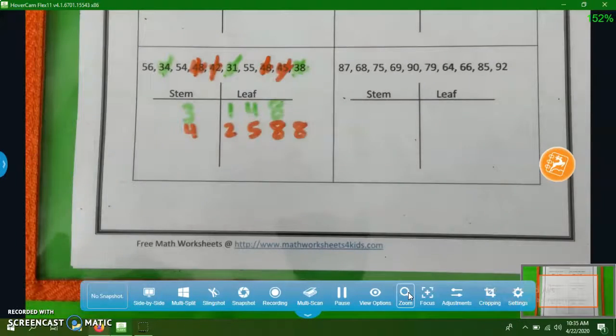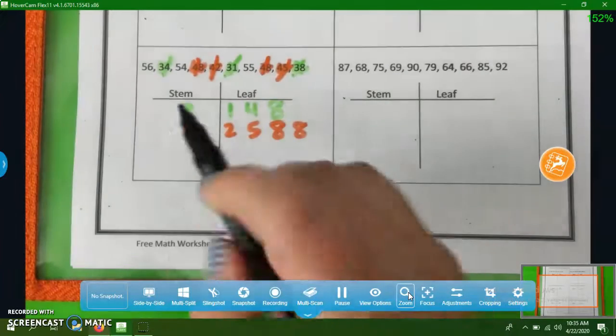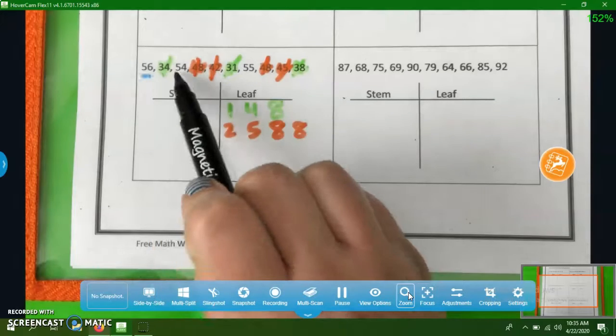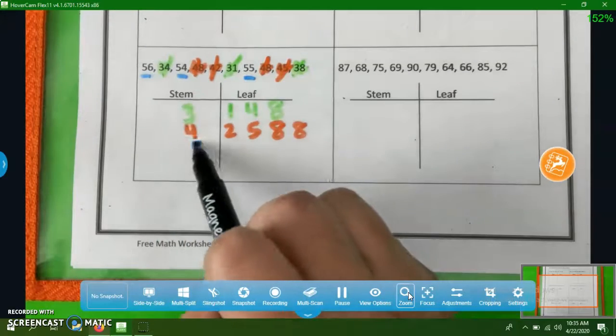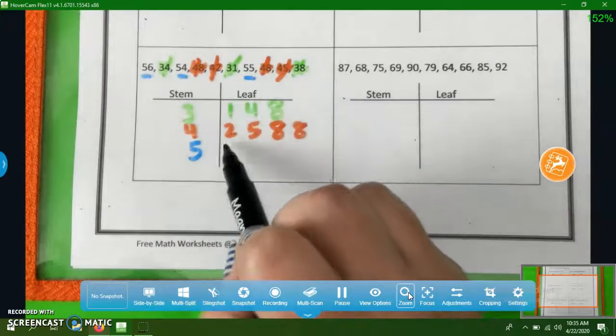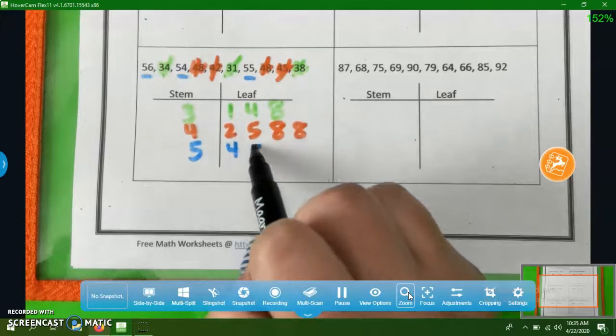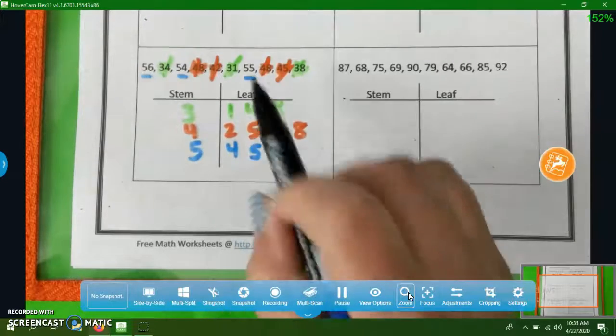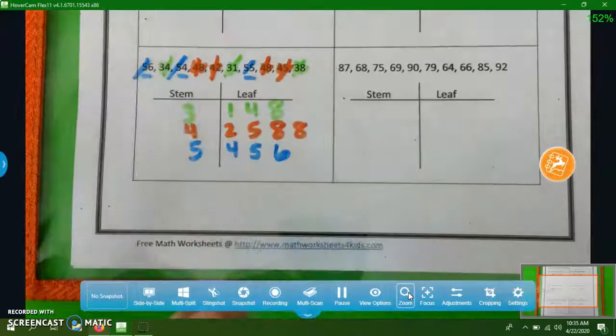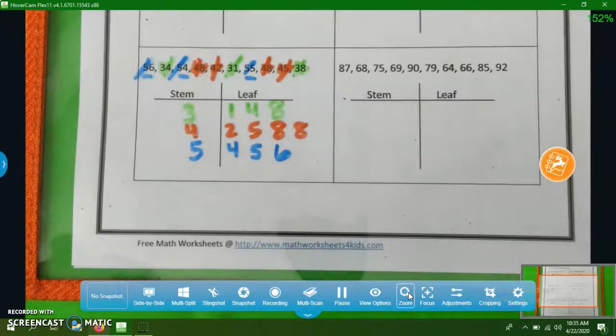Next up, we'll go to my 50s, and we can see we have a 56, 54, 55. So we'll just put those in order. 54, 55, 56. So we've got our data all organized, and now it's very quick and easy to answer questions